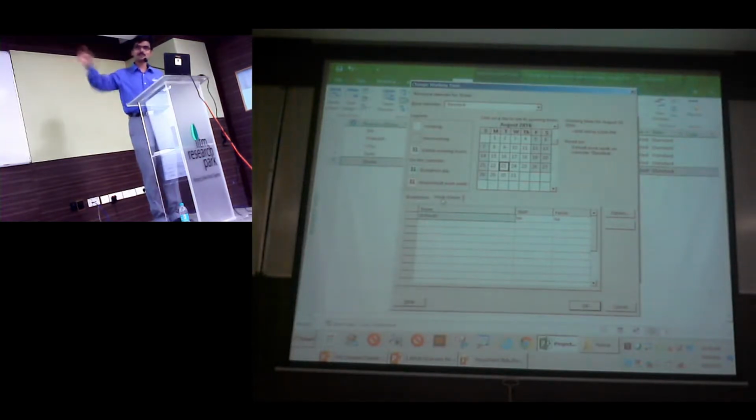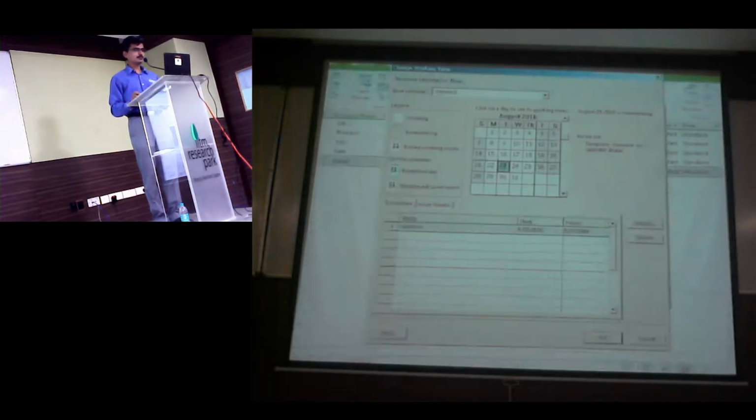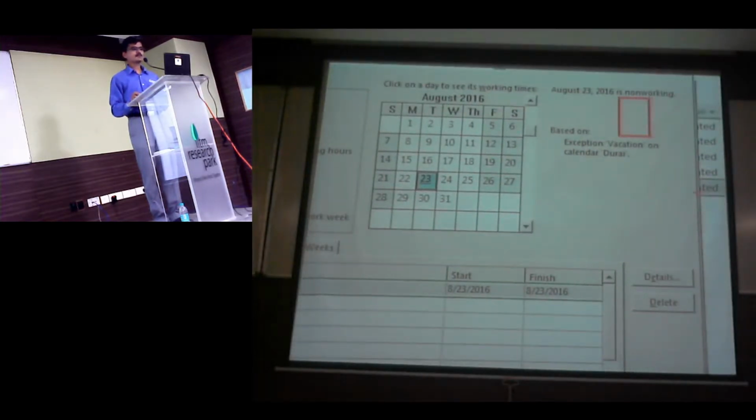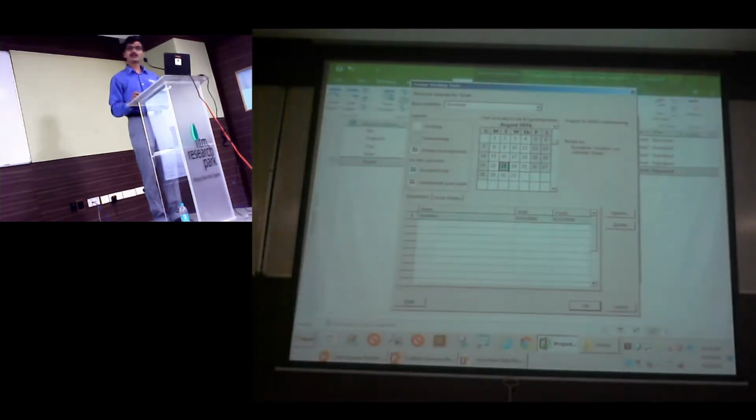So never go to the availability. This is where you use your exceptions. So exceptions will always override your work weeks. So I will select that day and I will say enter your vacation. Do you notice now that 23rd becomes a non-working day out there? Which means when I push work to Durai on that day, the work will automatically get shifted to the next working day.